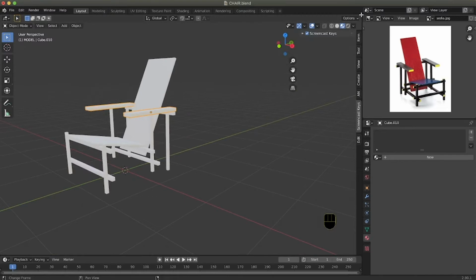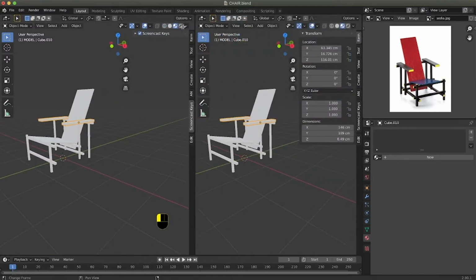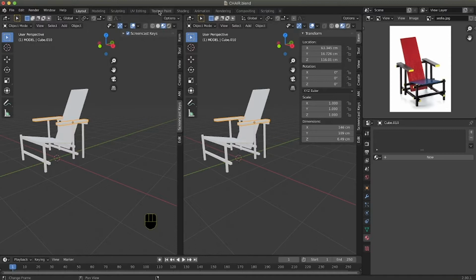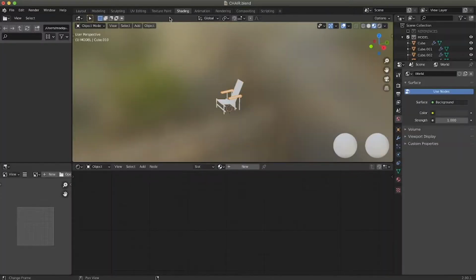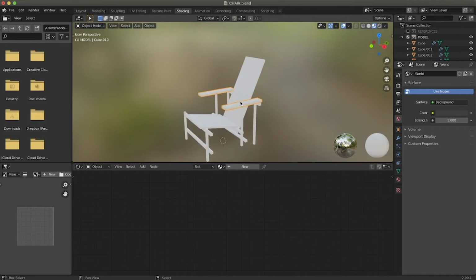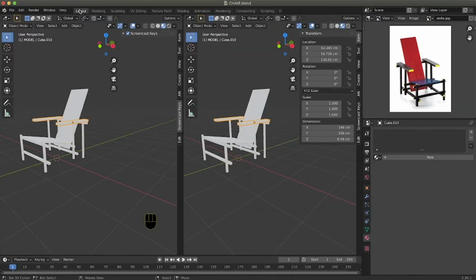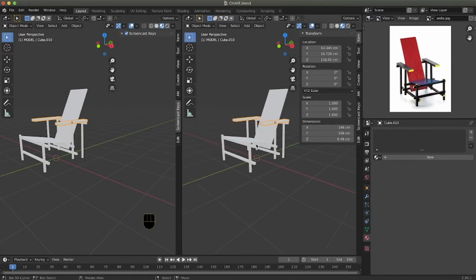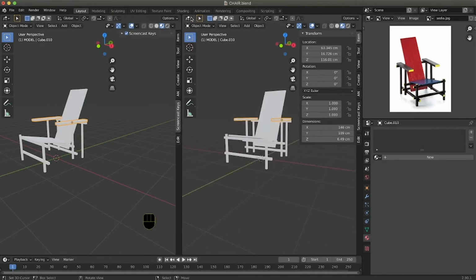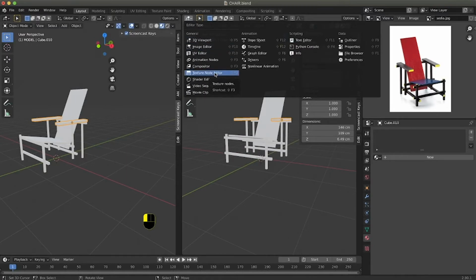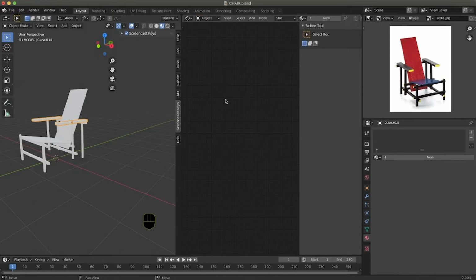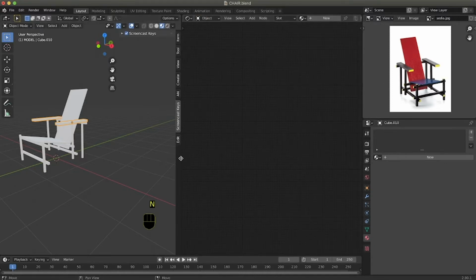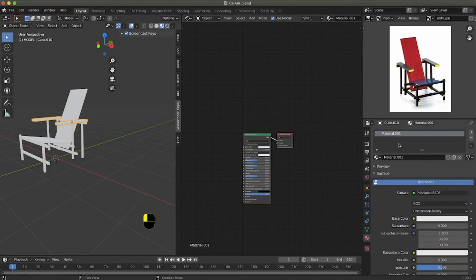So I drag this window to open a new one, or I can actually go into shading mode. I am an old style Blender artist and I prefer to use the node editor in the same window. We can again create our windows the way we want, so I am going to change this one into shader editor. I press N to close the sidebar and I create a new material. I am going to call this black.